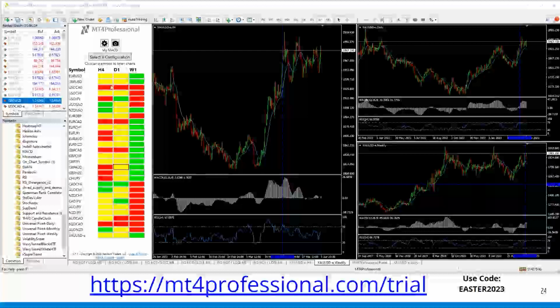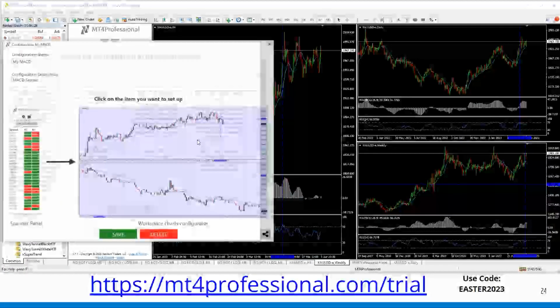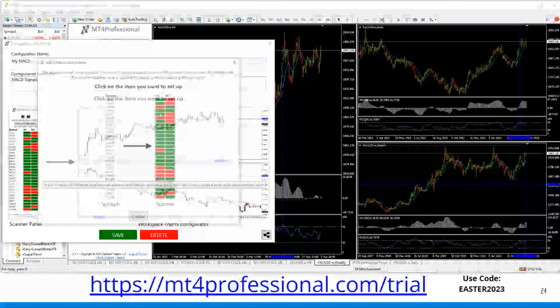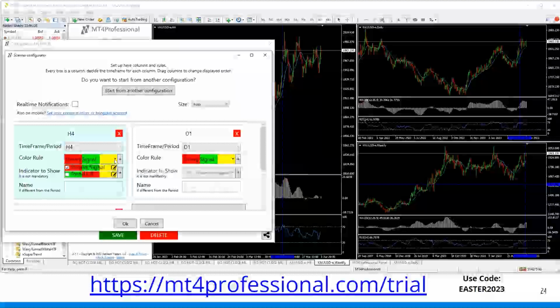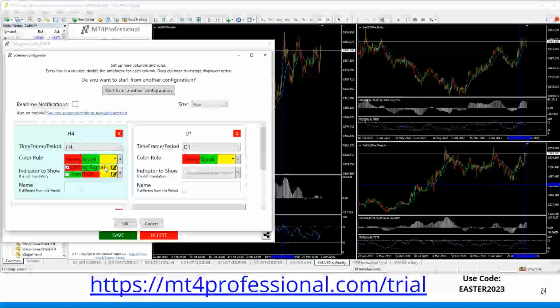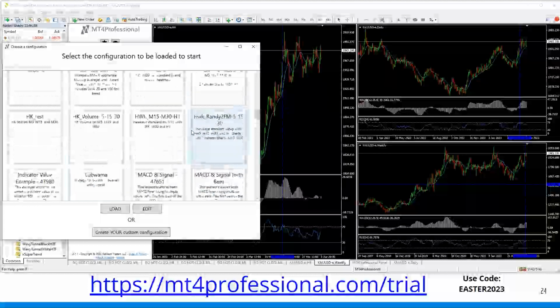Like I showed you on the setup, you can have multiple strategies running at the exact same time. See, notice here, I have a strong signal running here. So in your case, this could be your mean reversion strategy. And then your trend strategy could be on a totally separate setup. So you can have multiple scanners running multiple strategies at the same time.